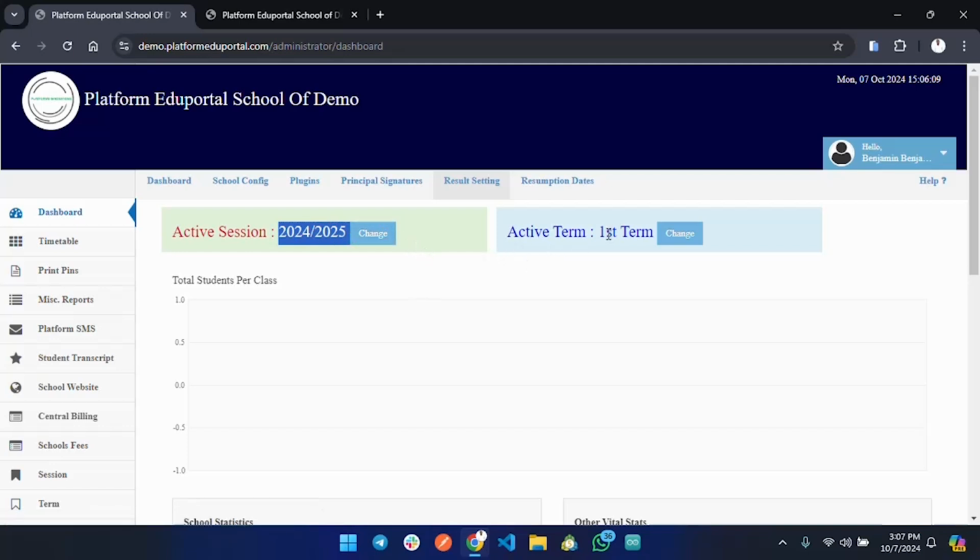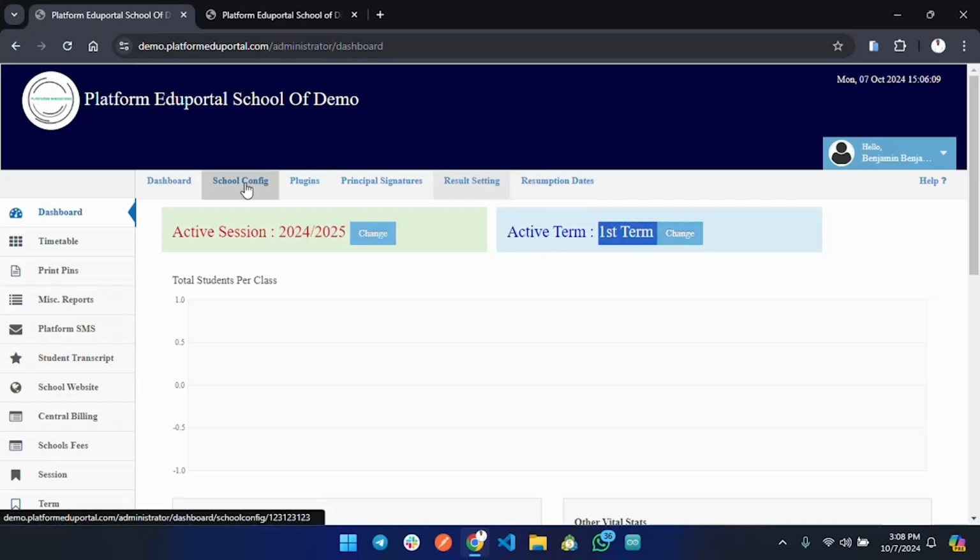We set up terms, and we also activated the current term from the school configuration. We activated the current term, which we set to first term. So in today's tutorial session, we will be continuing from there, and in this lesson we will be setting up